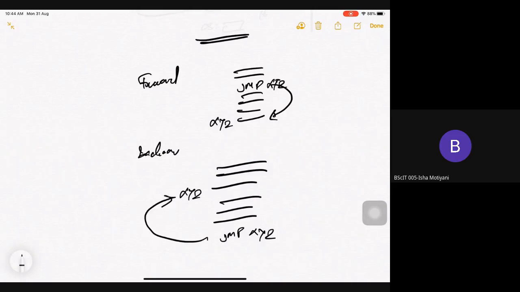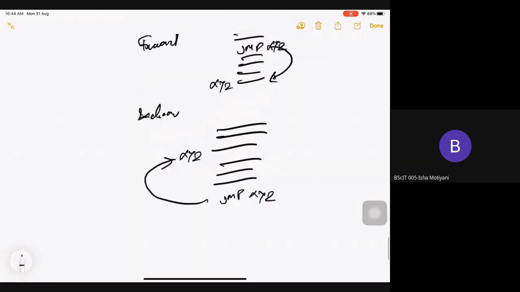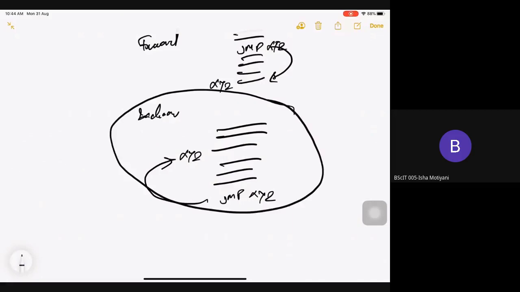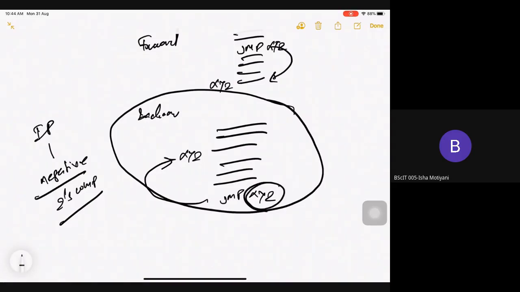So whenever a backward jump is there, you need to count the value of IP, and it will be negative. Keep in mind, because you need to go backward. In that case, you need to use 2's complement to put the value. Whenever a jump instruction is there, you will know in advance whether this instruction is of 2 bytes or 3 bytes, based on short jump or near jump.